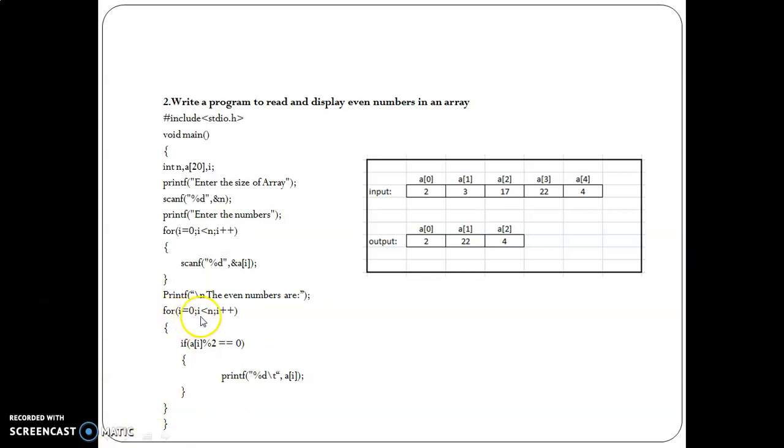For i = 0, i < n, the size, i++, you check every element, obtained as a of i. So initially a of 0 modulus 2 is checked. If it is 0, then you have to print it. Otherwise, i will be incremented. Next index will be taken, a of 1 will be taken. If that is divided by 2 is equal to 0, if the modulus of 2 is equal to 0,